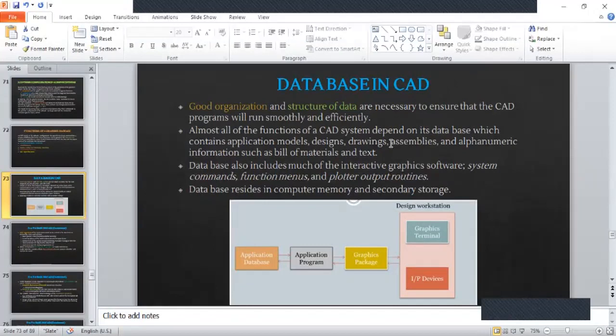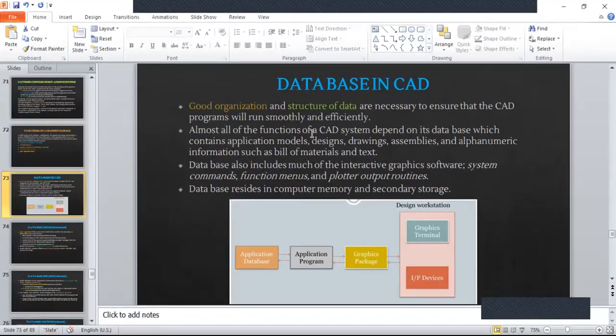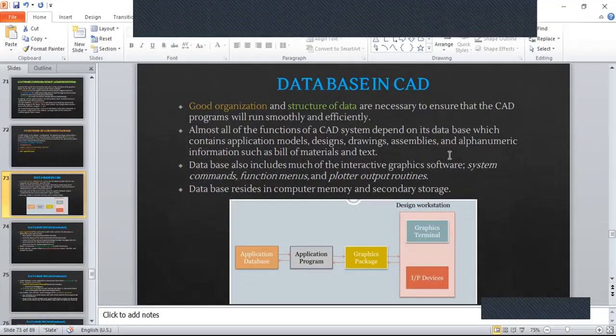Because to be able to retrieve data in a short amount of time and also efficiently, you have to have good organization and structure of data, right? And the data includes your application models, designs, drawings, assemblies, alphanumeric information. Examples are bill of materials and text. All those count as data as well.